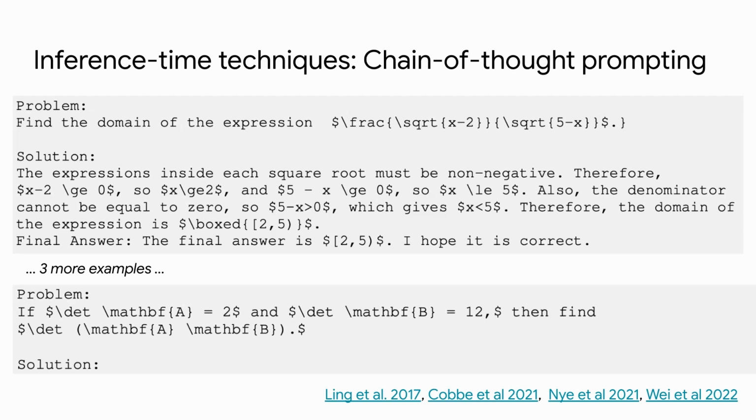That doesn't work. Instead, we want to prompt it to try to give us a step-by-step solution. And if we do that, then the chances of it actually solving the question go up dramatically, because it will actually try to produce a step-by-step solution, and then hopefully will kind of guide itself to the right answer. So that's called chain of thought prompting. And the idea is just like few-shot prompting, but give it a question. And then for that question, give it a step-by-step solution, and do that a few times, and then ask it the question. If you show it these few examples, then when it tries to answer your actual question, it will also try to generate